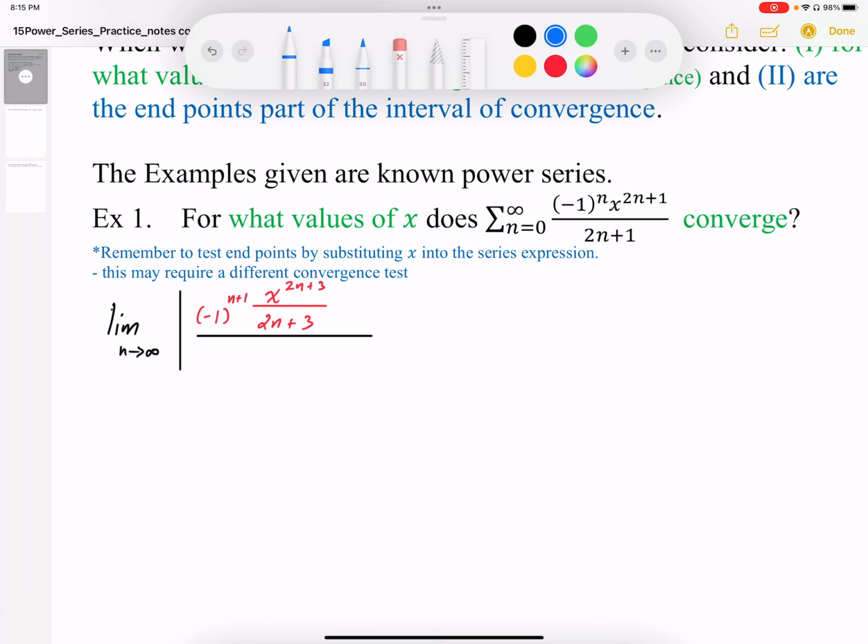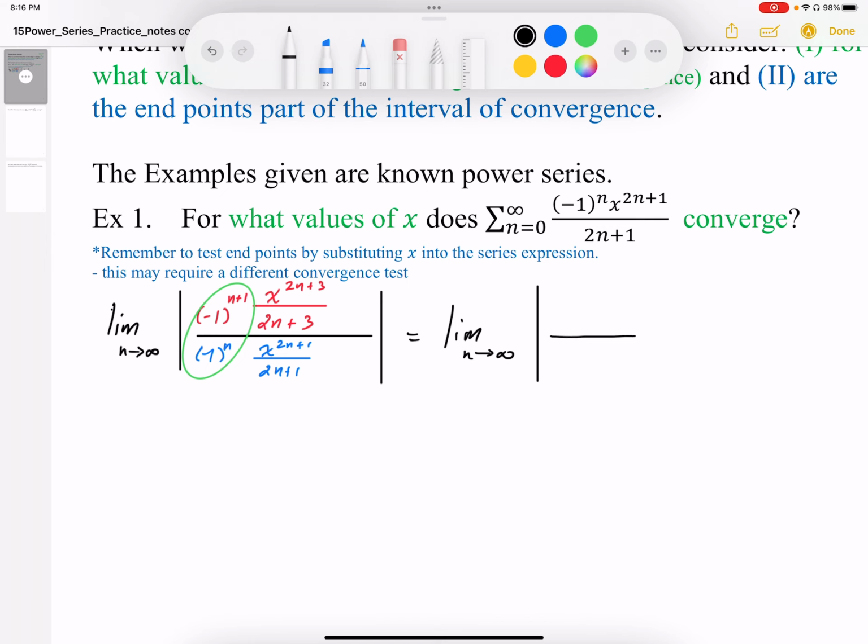For the other term, we're going to use negative 1 to the power n, and we end up with x to the power 2n plus 1 over 2n plus 1. So we're going to group some of these terms together. So I'm going to group these terms together. And so it's going to look like this, the limit as n approaches infinity,